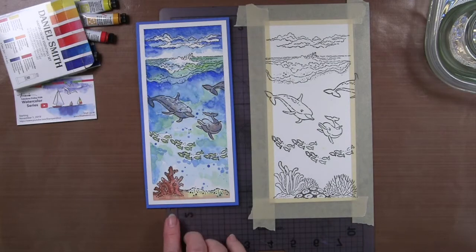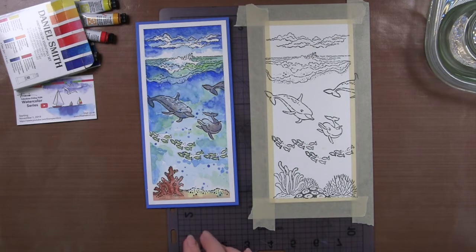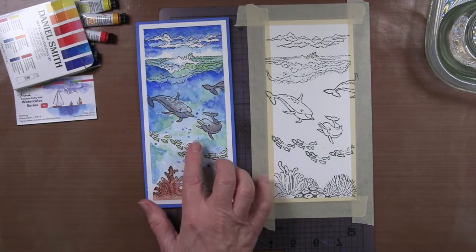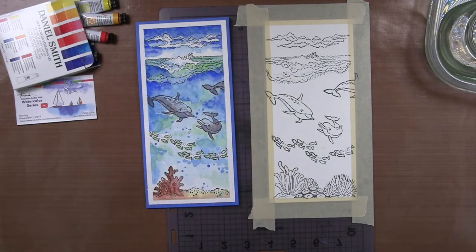On this one, I used the coral stamp, which is from the Go Fish set, but this beautiful coral combination here is from the Dolphin Play set, so we'll proceed with using that one. And I wanted you to take a closer look. As you can see here, I did a lot of different little experimental things with the water, and so I'm going to set this aside for a moment, and we're going to experiment a little bit and then come back